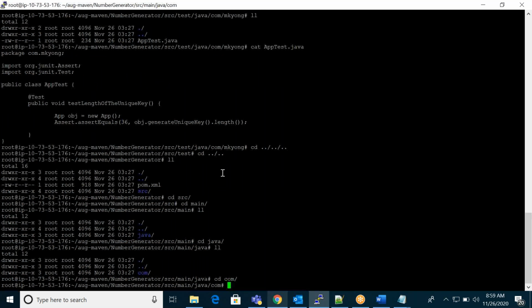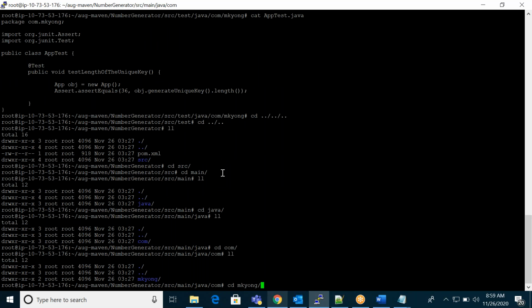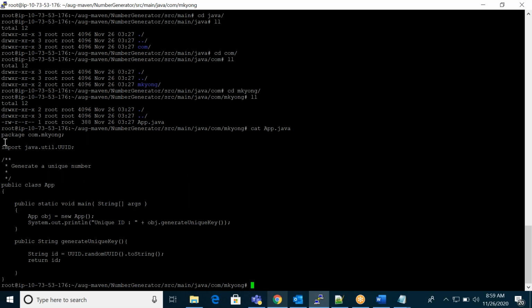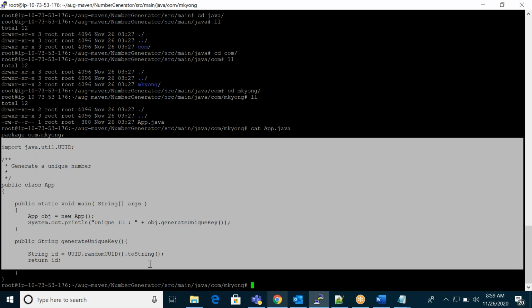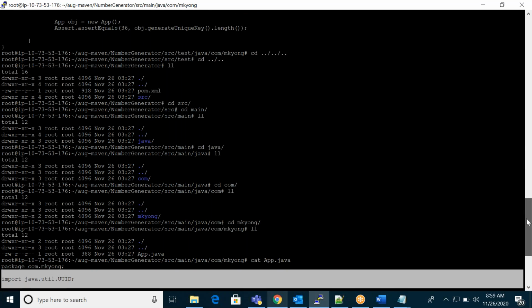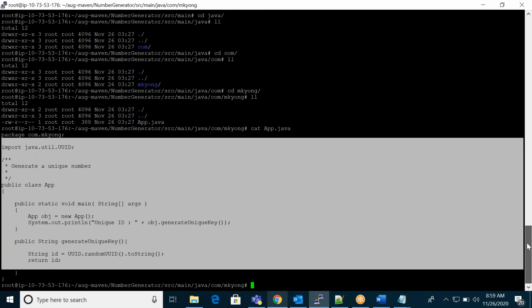So many folders here. cd app. Okay, so this is my Java code. In source code, I have two things: the test cases and some simple Java code.